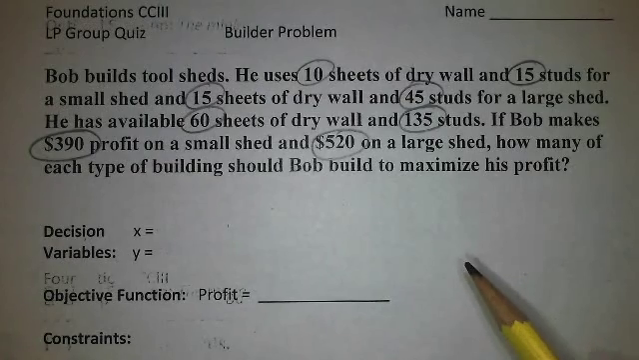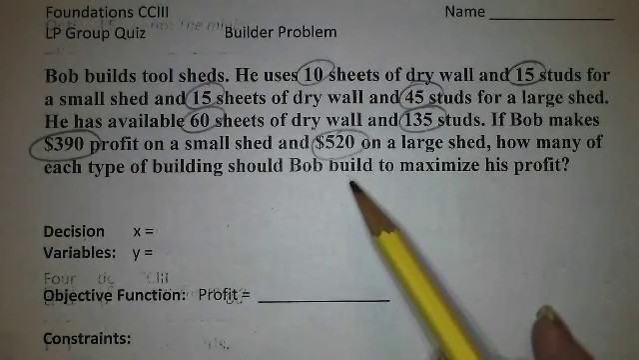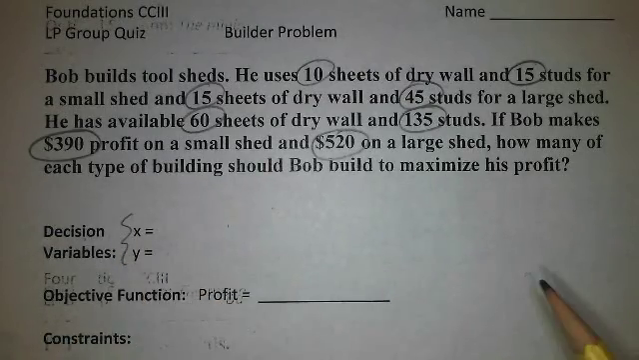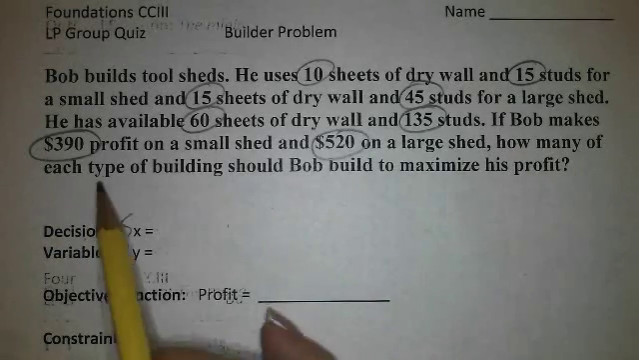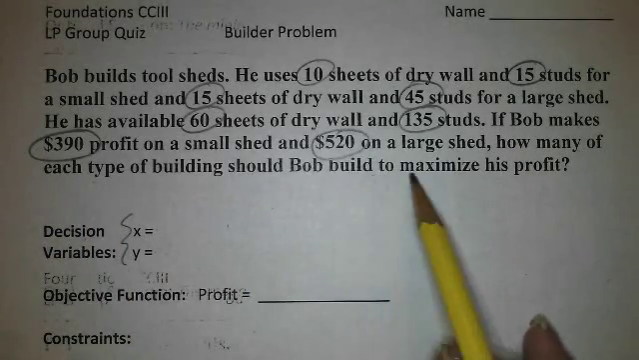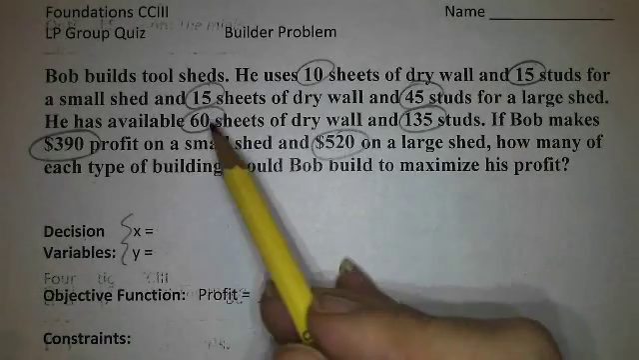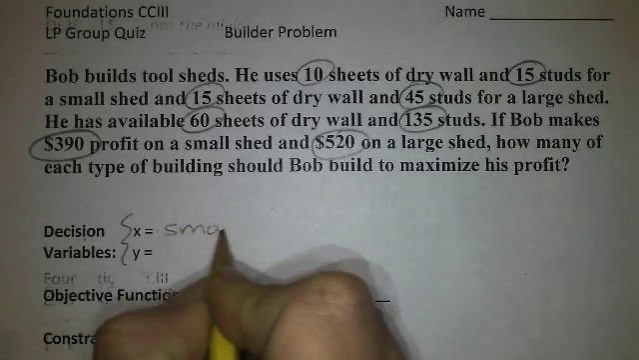The very next step that I'm going to go through is I'm going to actually read the very last sentence to find out exactly what we're talking about, because I need to label my variables here. So, the very last sentence says, how many of each type of building should Bob use to maximize his profit? Okay, well, what am I talking about? What kind of buildings? Well, I'm talking about a small shed